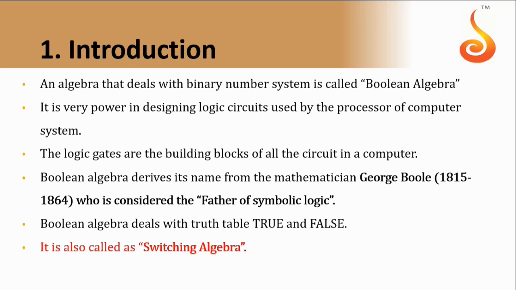Instead of the usual algebra of numbers, what is the usual algebra? Wherein you have different numbers, right? Instead of that, Boolean algebra deals with truth values, true and false, wherein 0 is false and 1 is true. The purpose of this algebra was to solve problems involved in non-practical applications, like those involving logical steps and their solutions. So, the algebra had no practical applications until